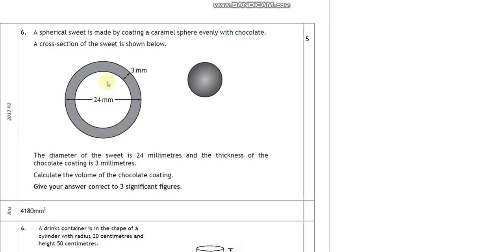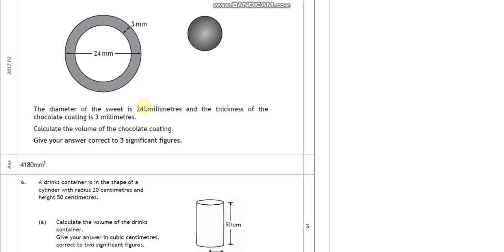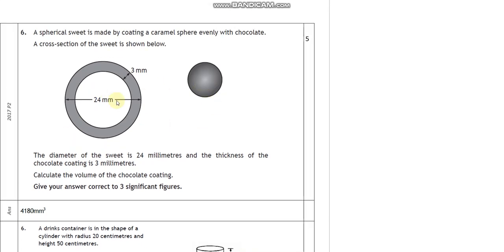Sorry, it's caramel in the middle, coating a caramel sphere with chocolate in there. So that's lovely. All the data is shown there. So the volume of the chocolate is this outside bit. If I do the whole sphere and then I take away this internal sphere, that's going to give